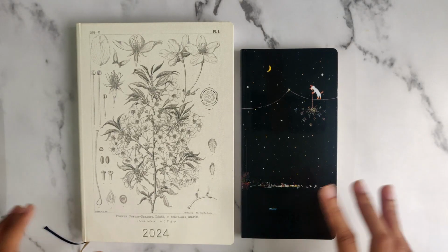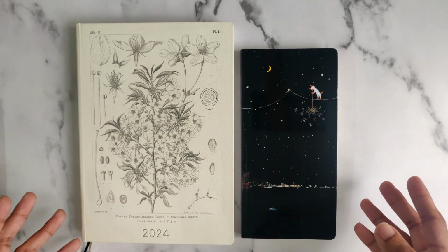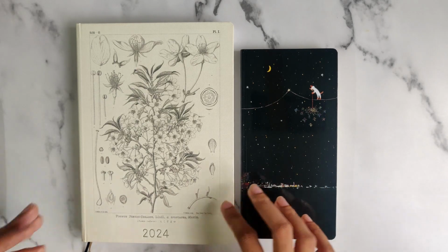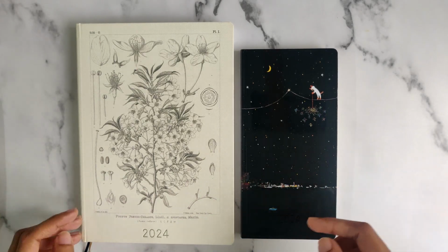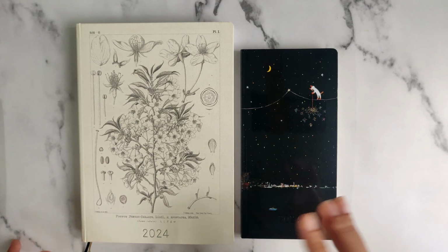So today I'm really excited to share with you what I got from the Hobonichi 2024 lineup. So what you see here are the techos that I got. However, I have got a lot more. This is the first time that I got a lot of covers and other things. So I would like to share them all with you, and I will try to show you all the cover